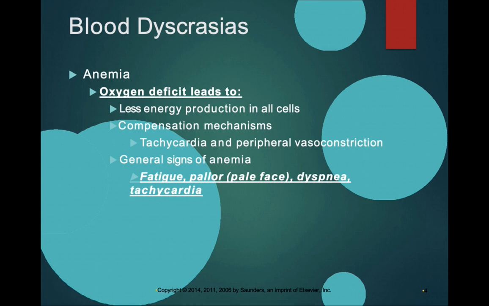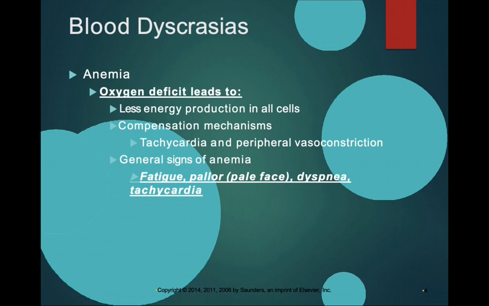And the electron transport chain involves iron. It involves coenzyme Q10 as well. But if you're iron deficient, then the electron transport chain does not work as efficiently, and energy production is decreased,